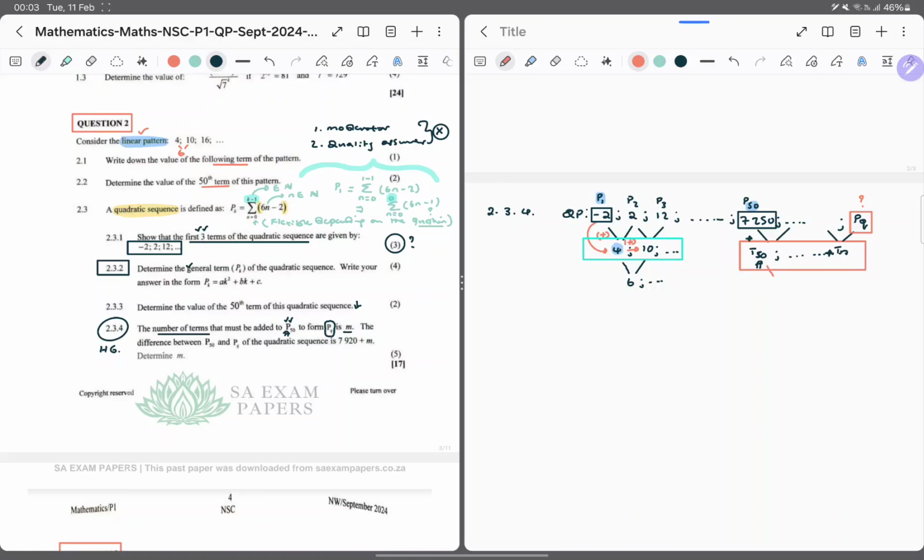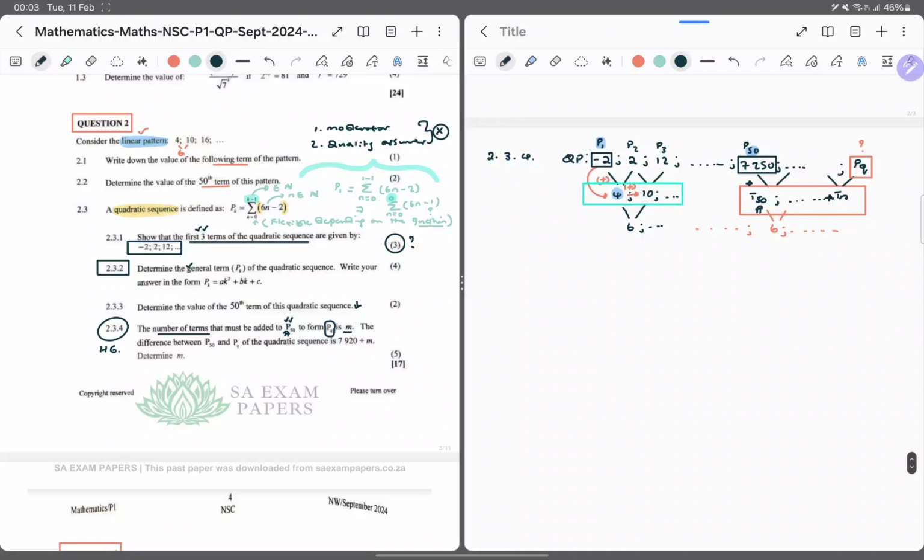Of course, we know that here again there's going to be a common difference of 6. It still doesn't change, right? It doesn't change because it's coming from all the way there, and it's still going to keep on going all the way there. Now that we have done our groundwork, let's start answering the question. What does it say? We are adding this number to P50 to get P4. So basically, guys, we are saying here